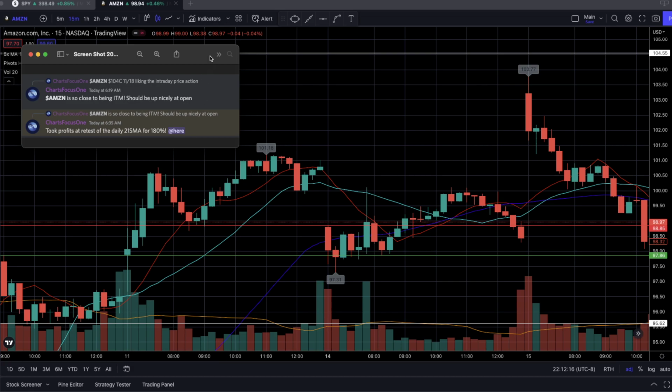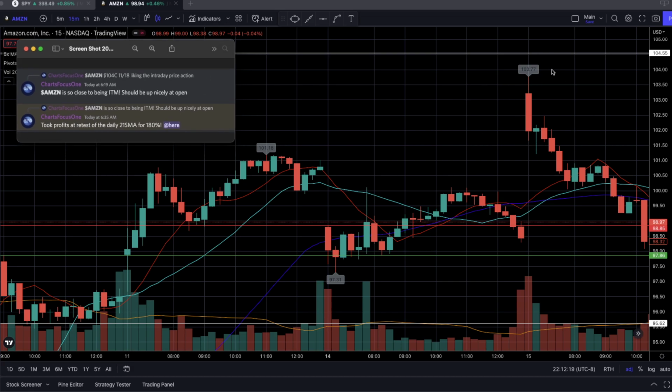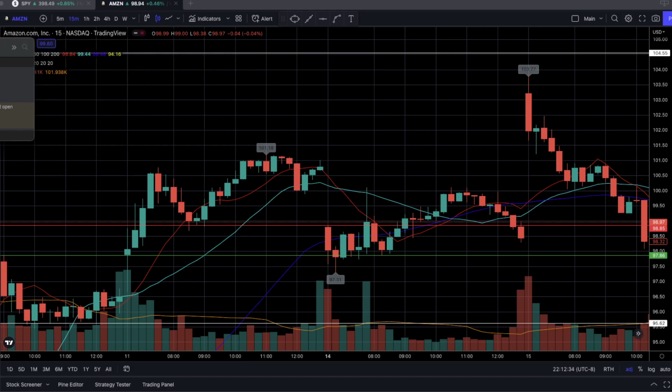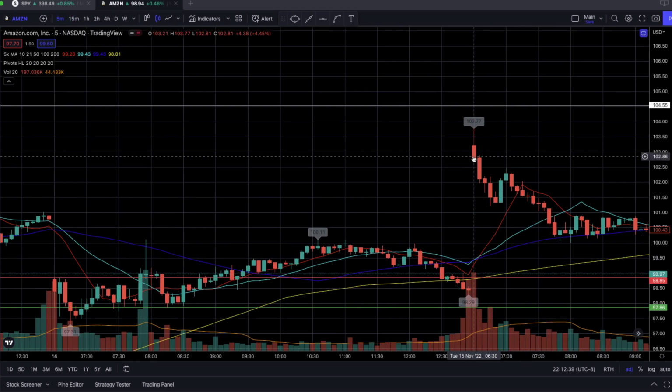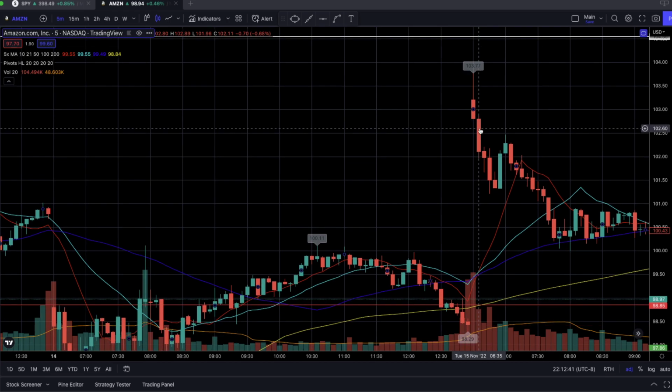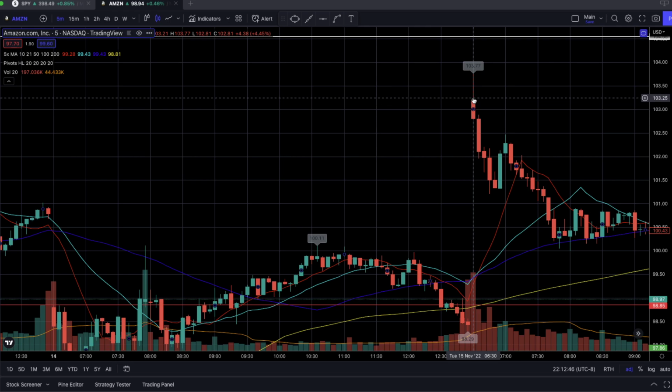Okay, so on this candlestick right here, I said I took profit at the retest of the daily 21 SMA for 180%. And that was at 6:35 a.m. precisely. So if I go back to the 5-minute time frame, I got out right around here, but I was so busy managing my positions,